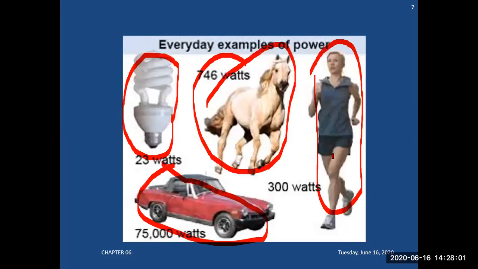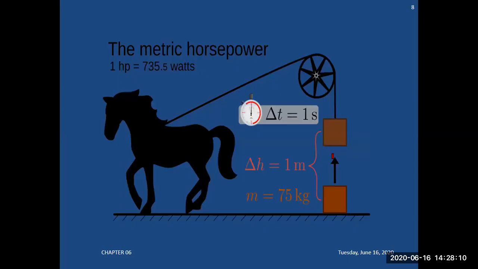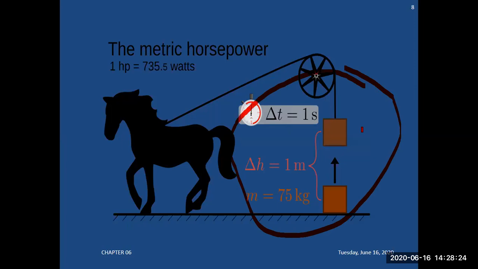So this was the case when you studied different examples where work is done per unit time or power is consumed. Here is another example of the horse, where the horse is lifting an object up to a certain height in a certain interval of time, and basically it is consuming power. This is the problem solving technique, how to solve the problem of work done per unit time. 1 horsepower is equal to 735.5 watt. You need these types of subunits to convert one physical quantity into another to understand.